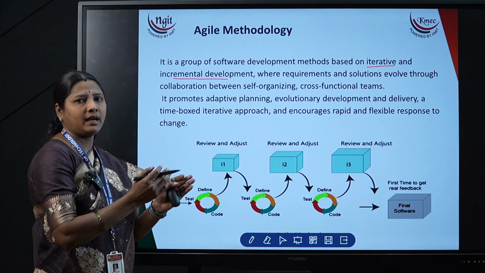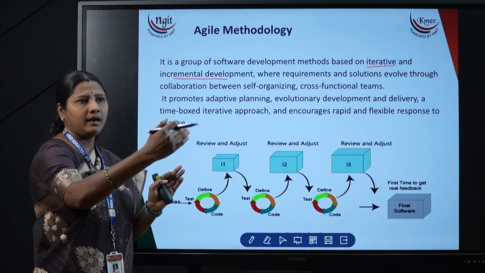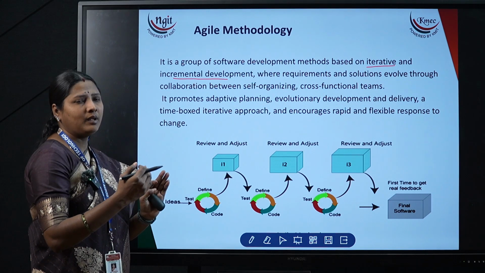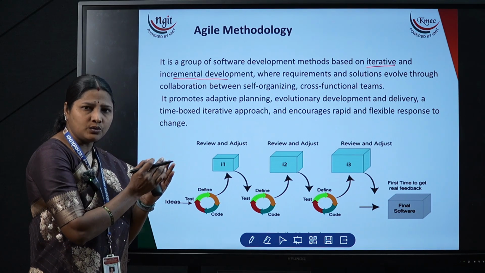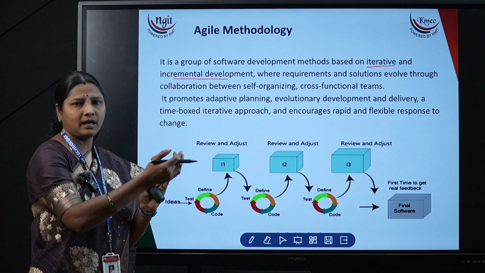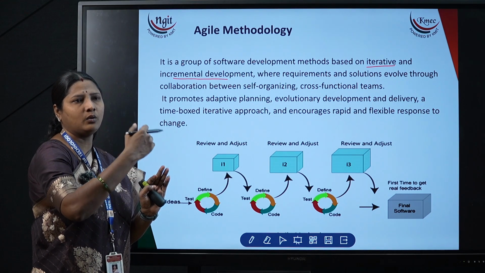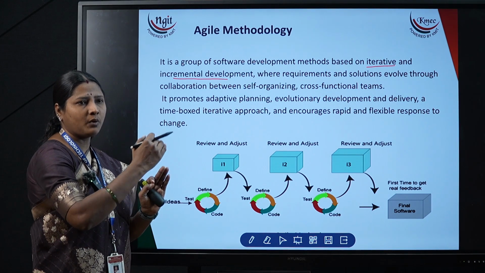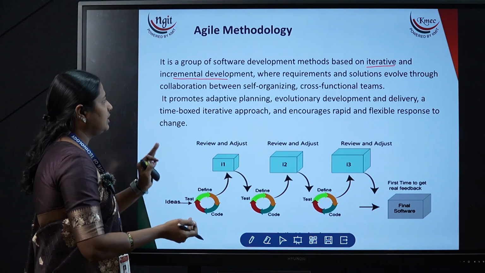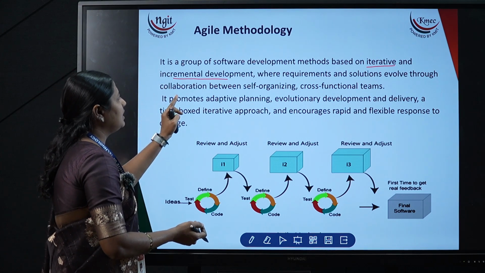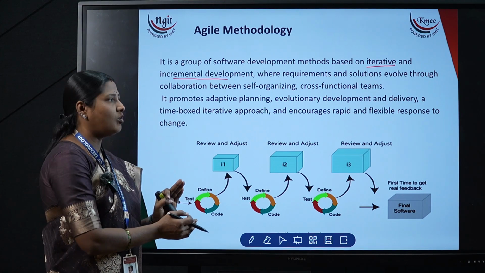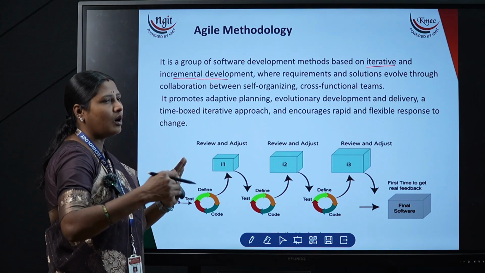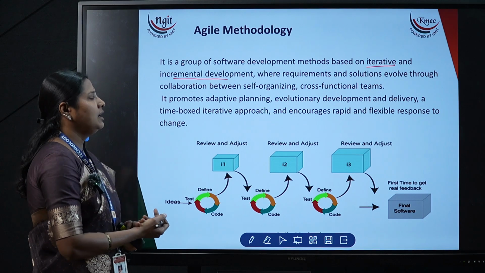The code is a long-term development and n number of iterations take place. Every time, the developer has to check the individual functionality, enhance it, test again, then take up the new module, enhance that, and test again. This process is continuous. That is the reason agile methodology is a combination of the iterative model as well as the incremental model, where requirements and solutions evolve throughout the development of the software.